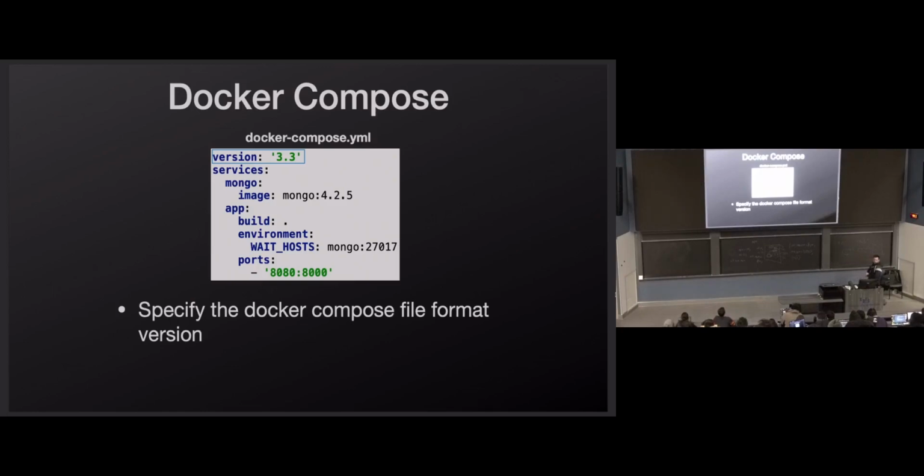So this version is going to specify the version of the Docker Compose file that we're using. Version 3.3 is not the latest. It was just the latest when I made this slide. I'm not going to use any of the features that were introduced after 3.3, so I just leave my Docker Compose files as 3.3. If you want to use some fancier features and you want to update this to like 3.6 or whatever the latest one is, knock yourself out. 3.3 will work for you for this course, for what it's worth.